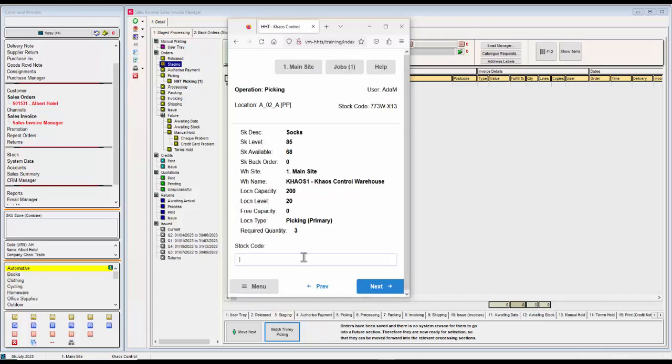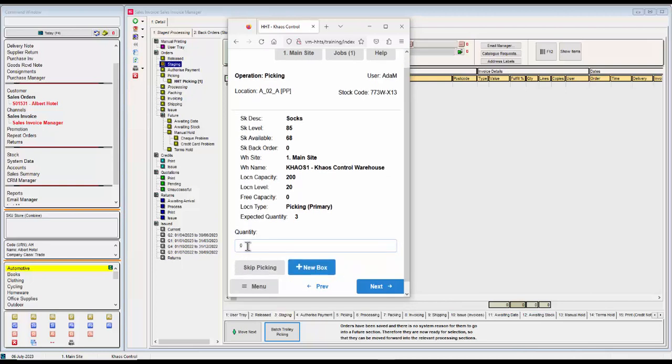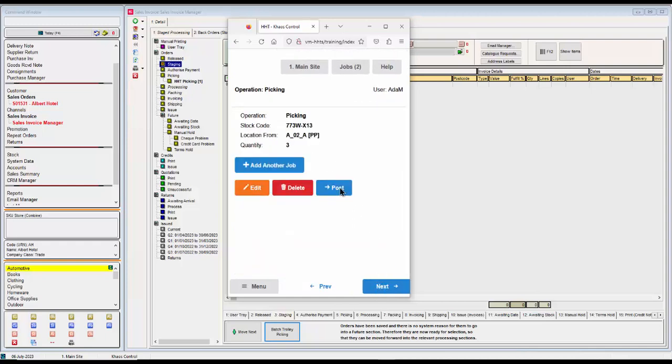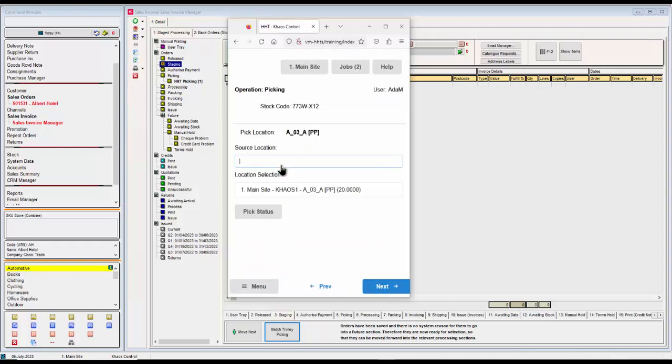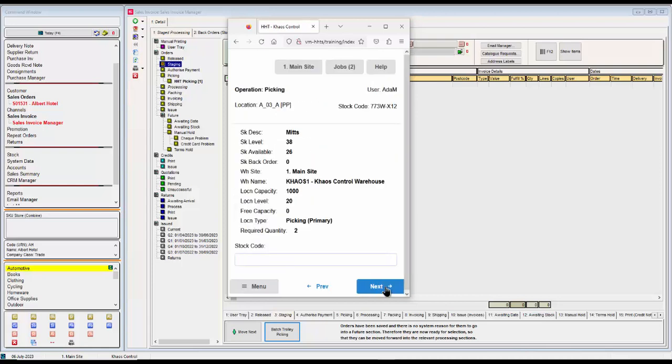We'll scan in the stock code, confirm the quantity, and as we've not been told the pick's complete, we'll click Add Another Job to pick the next item. Again, we'll confirm the recommended pick location, scan in the stock code,